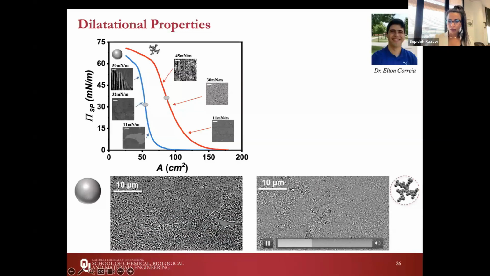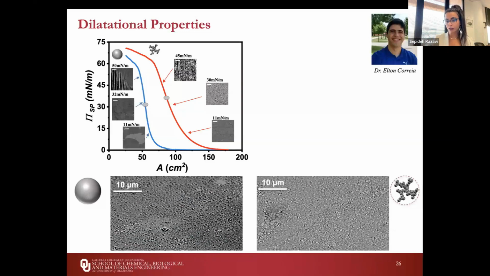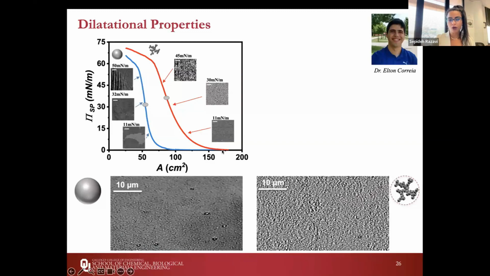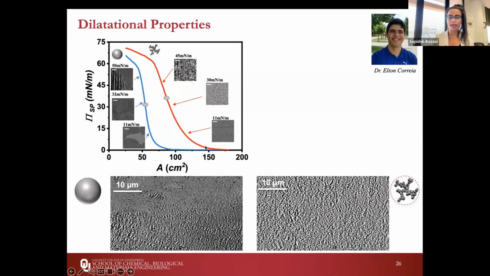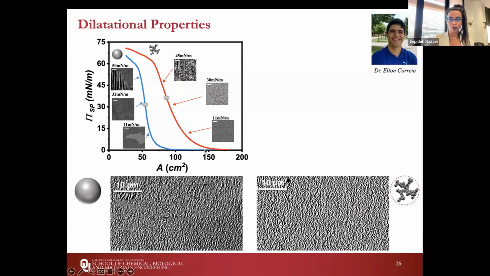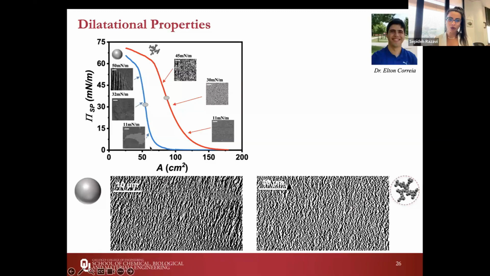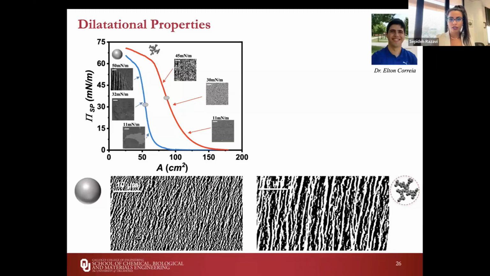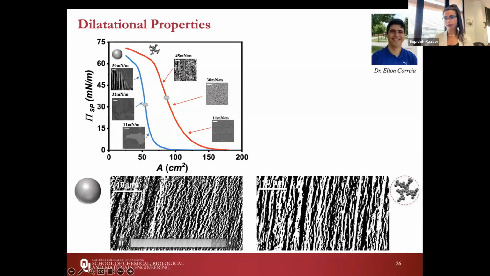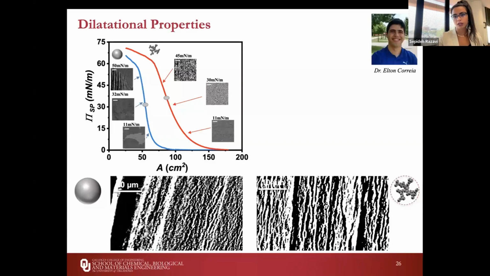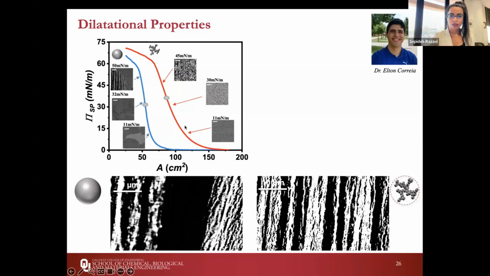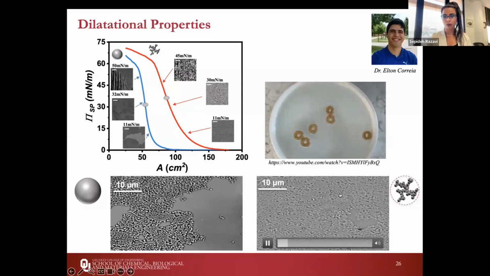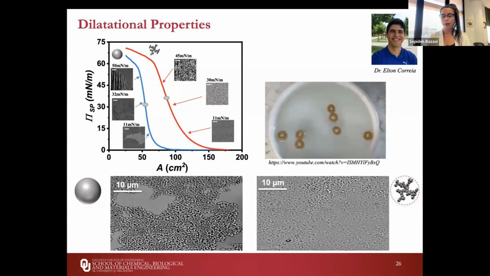What you can see here is that both of the particles are trapped pretty well at the interface because, again, they're hydrophobically modified. What you note here is that with these rough particles, the surface pressure starts to pick up earlier compared to these round particles. So somehow the interactions between these rough particles are longer range, so they start interacting over a longer distance. And eventually they both form these wrinkles and folds. They behave like an elastic sheet, again, because of their hydrophobic modification. So you can think about this long-range interaction as the reason why this network of fumed silica particles starts to form earlier, in terms of capillary interactions.